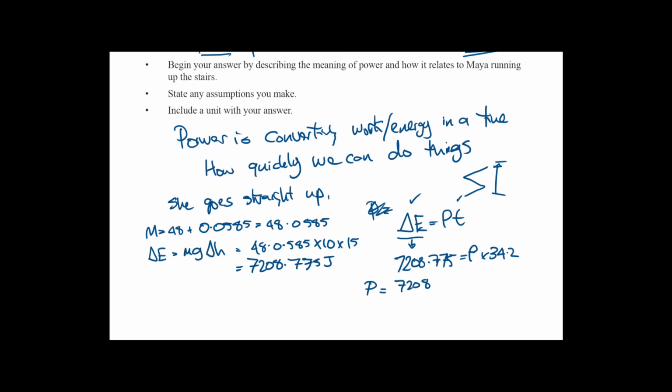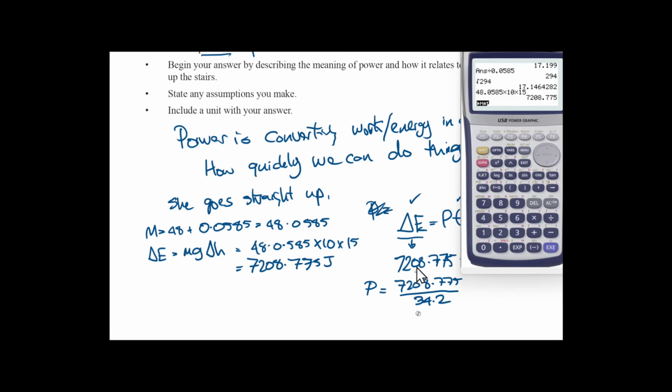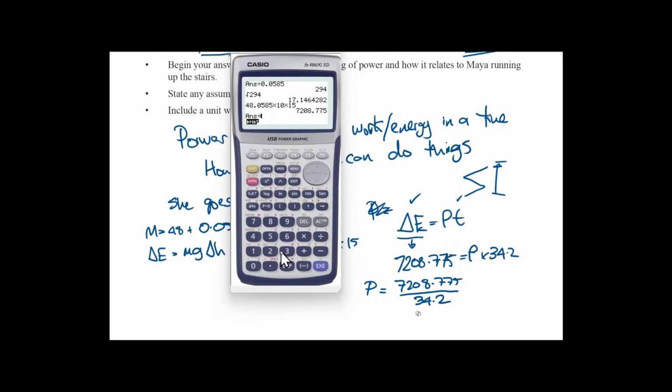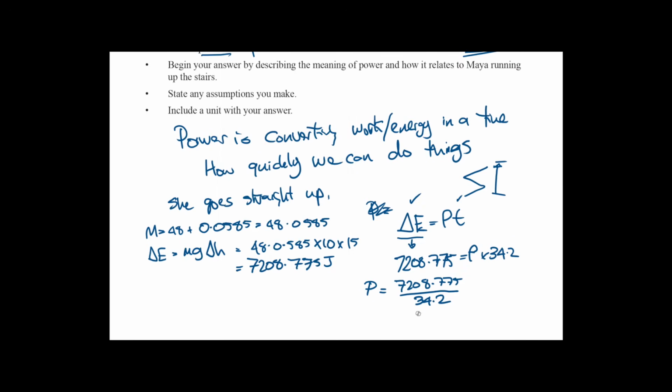It's going to be 7208.775 divided by 34.2 seconds. And now we just use our calculator. So we've got that, and we are going to divide this number here by 34.2, and we get 210.78, so 210.8,